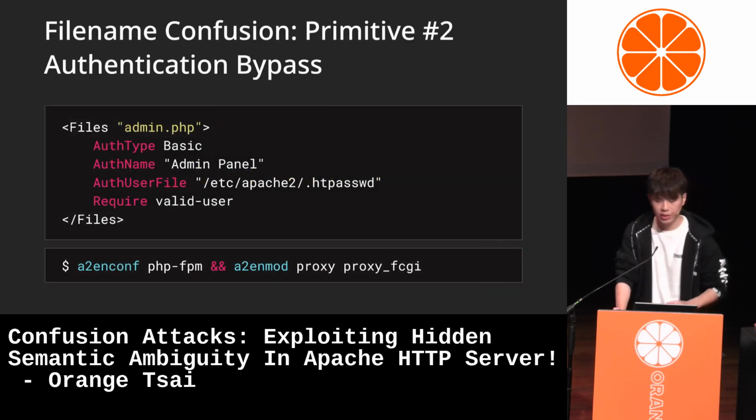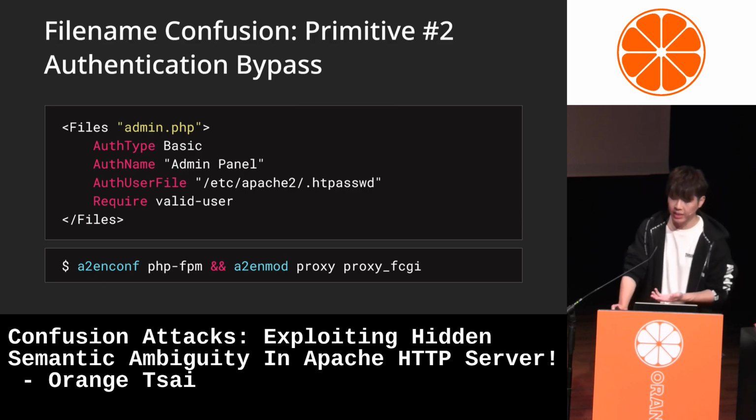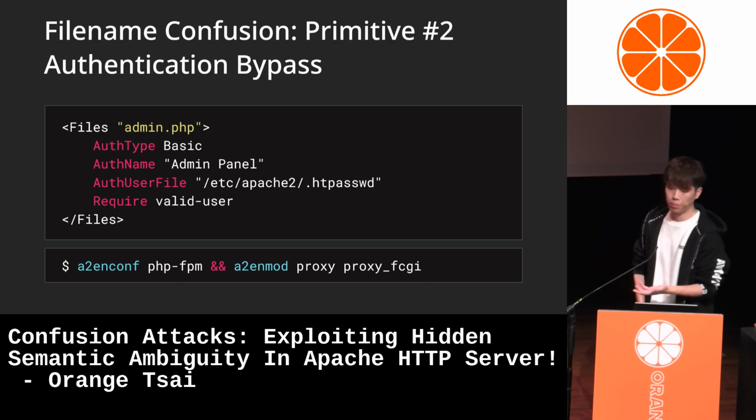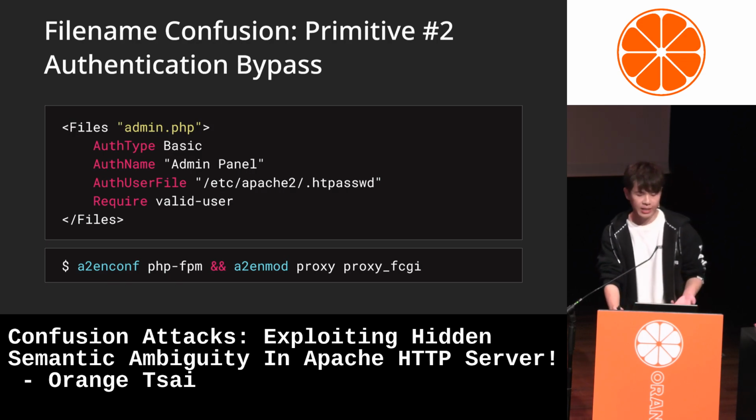However, if your server relies on file-based access control, it can be risky. For example, this is a common password-protected configuration using the File directive to prevent unauthorized users from accessing admin.php.